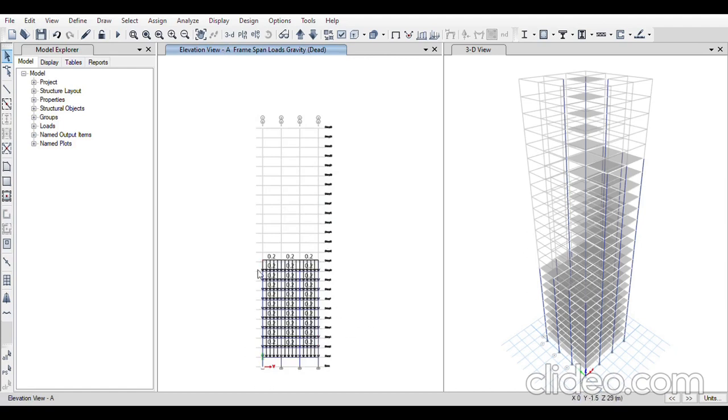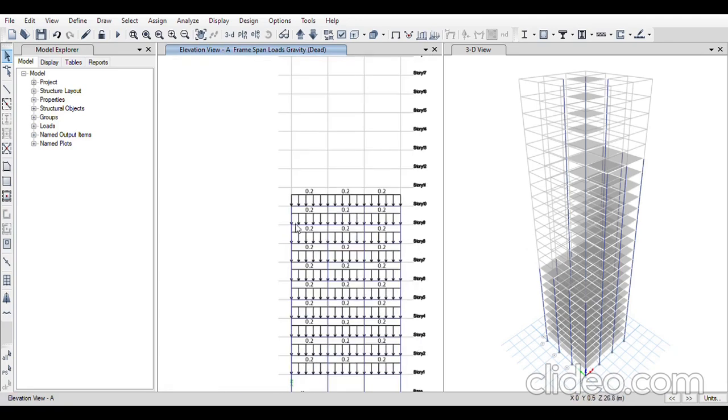So this is how my building will look in the elevation.